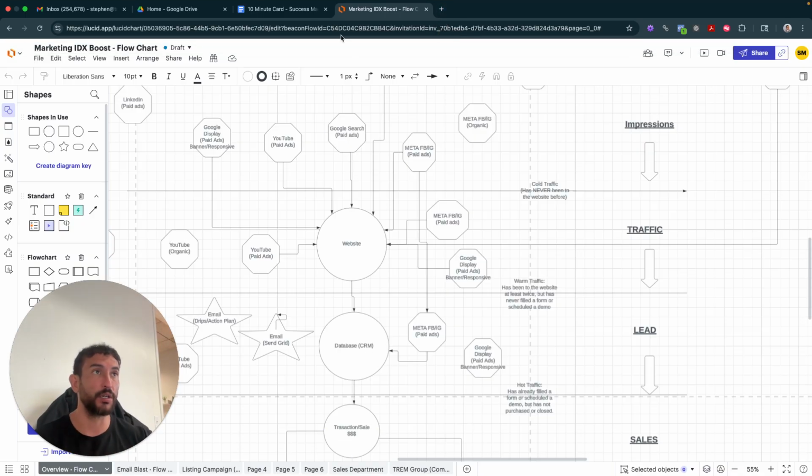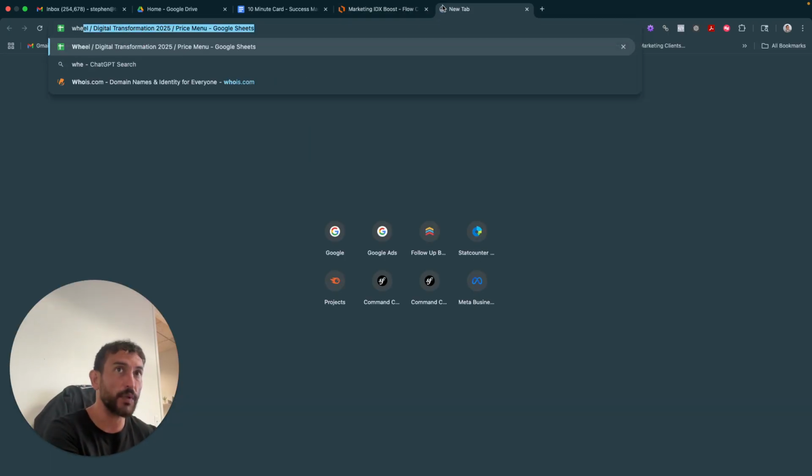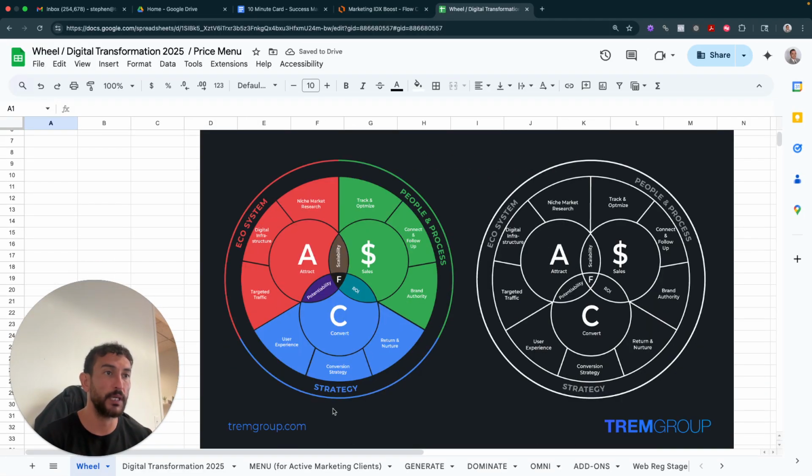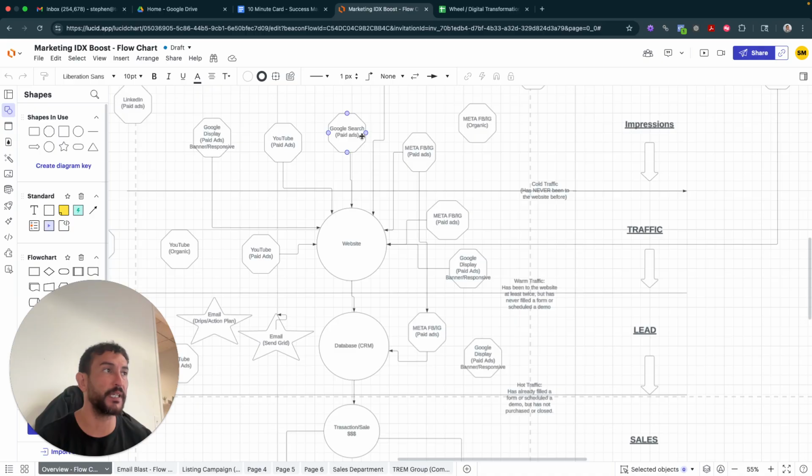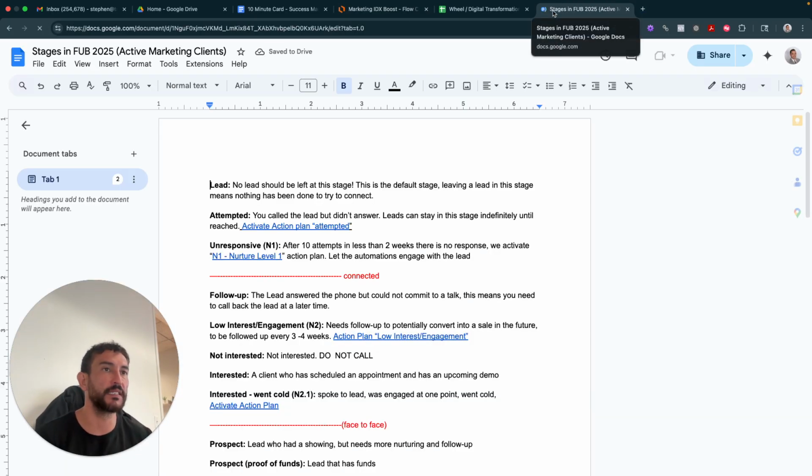So yes, we have the wheel, which is the entire scope of the program. This is the business assessment. This is very important for everyone to know. But this is basically the rabbit hole, the funnel, as most marketing people call it: how we get a complete stranger to a transaction. So the very first thing, we take them to the website. We take them to here. They register, they go to the database, and then now we know the offline side of it.